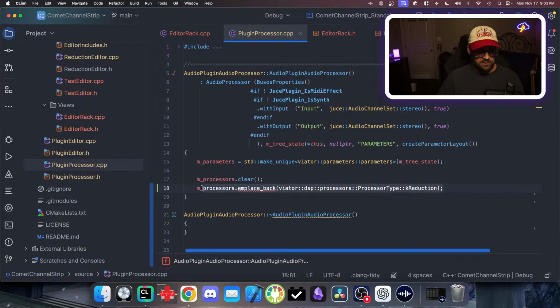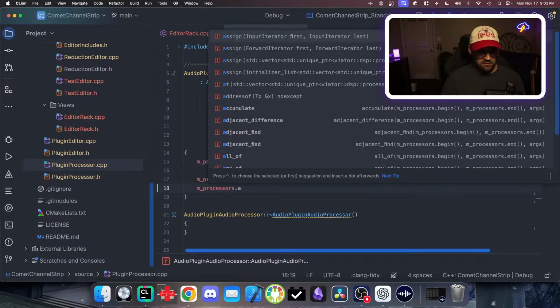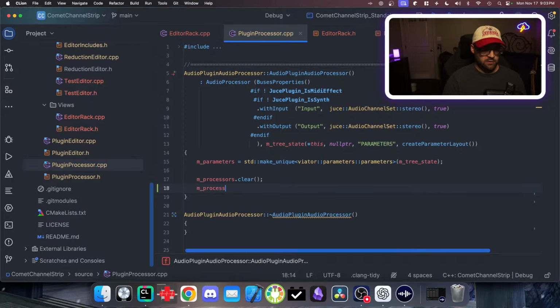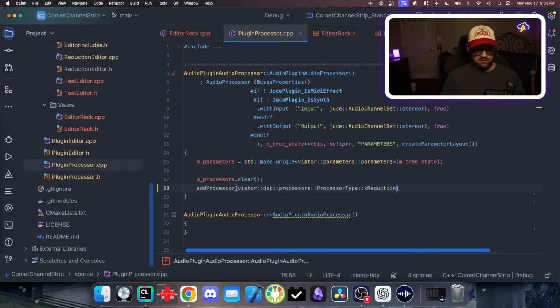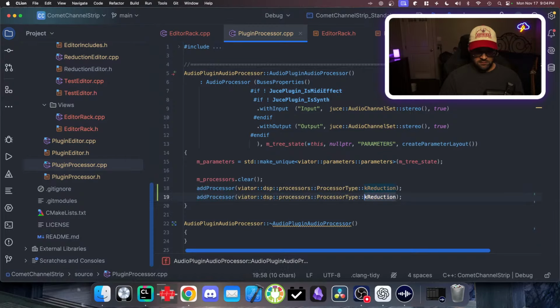So let's do a reduction, and actually, I'm just gonna call the method. We're gonna do add processor like this. And then we'll do the test one maybe. Okay, if this works, then